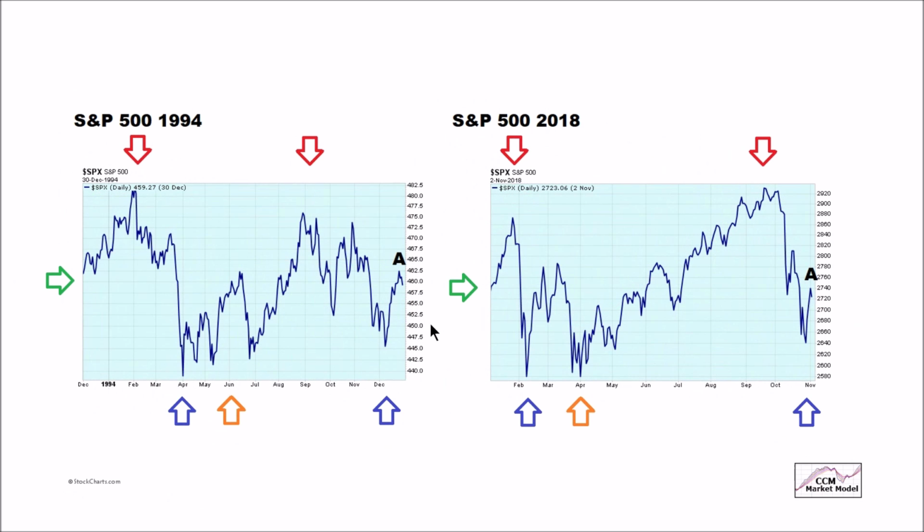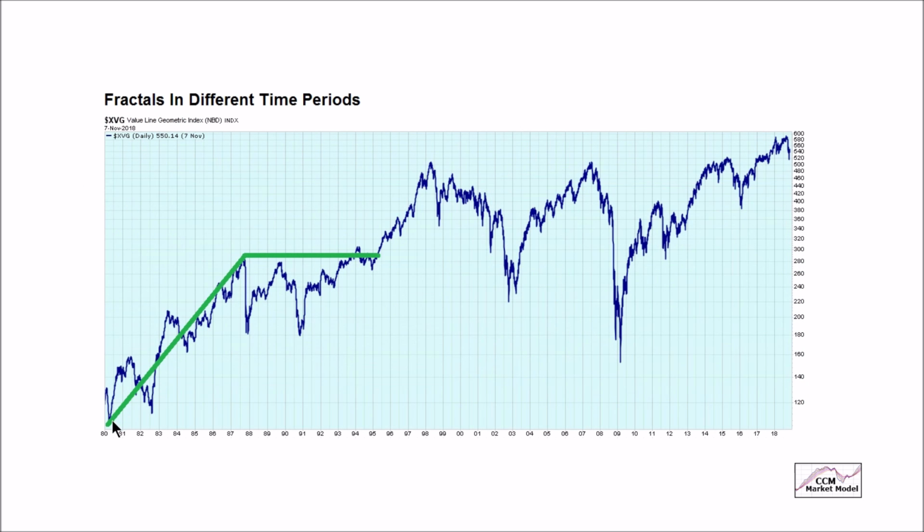And from a closer perspective, we've just shown you can make a case 2018 is similar to 1994. And from a bigger picture perspective, here's our small fractal. Here's the end of 1994. Here's our larger fractal, giving us some perspective. Point A in the present day, November 7th, 2018, you can make an argument is similar to this point A in this area here. Notice we are using the word similar. We're looking for similar structures, not identical structures.